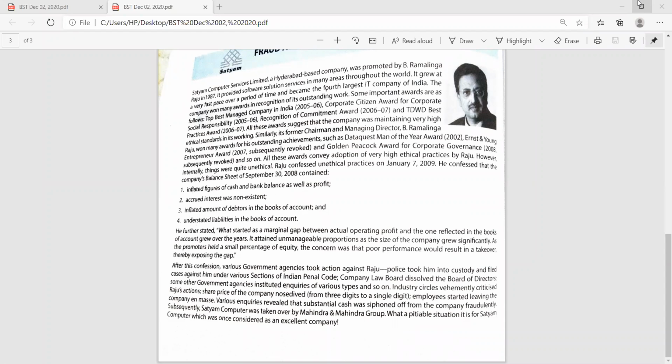So with this live example, we can see that if you are unable to fulfill your social responsibility, if you do not do the job ethically, then it doesn't matter how excellent you are, you have to face the results. So it is very much compulsory for each and every business. If any business wants to grow, develop, or prove its excellence, it is very much compulsory for every business